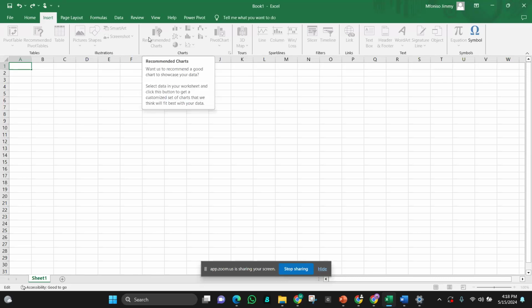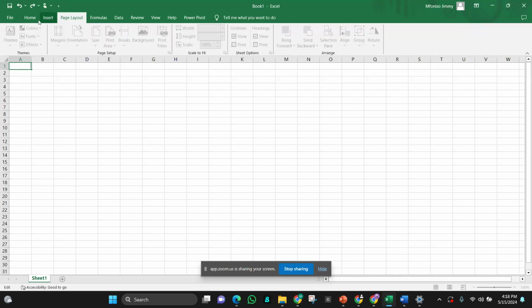Once you input your data, this will come up. This is your page layout, where you have your theme. This theme is used to change the color of either your chart, the sheet, or whatever you're doing on this Excel sheet.